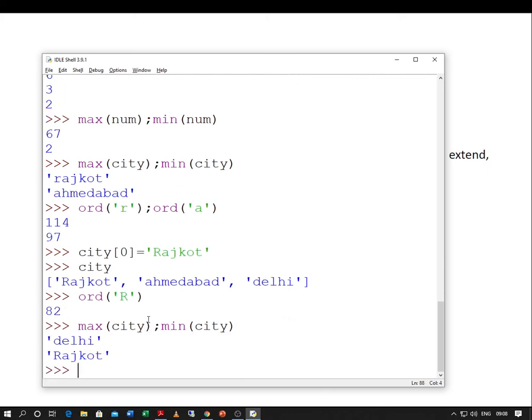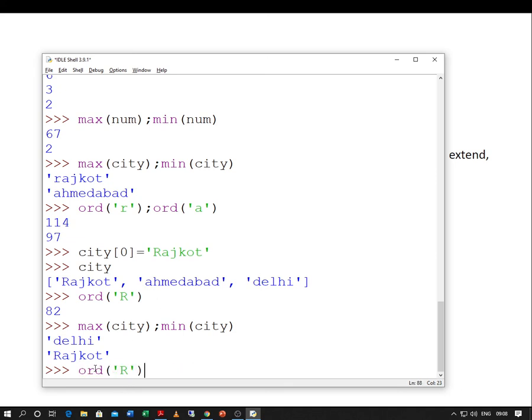Max city is Delhi and min city again is Rajkot. Why? Because it does not check the length of the city, it just checks the first character of the string elements within the list. This is having 82, this is having 97, probably D will be having 100.